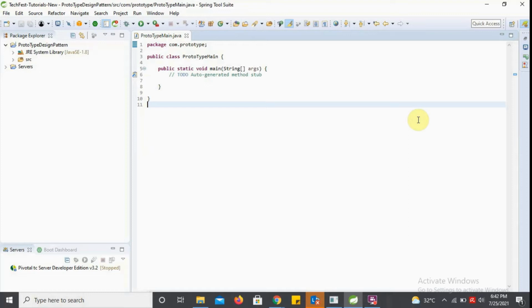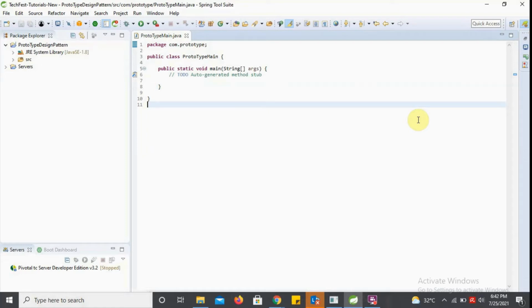So if we take a real-time scenario, suppose we have an employee class, and that employee class has an employee table. We have created a database connection, and by that we have fetched one employee's data, and then populated that data into an employee model class.